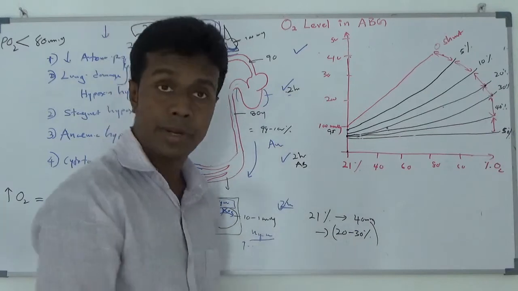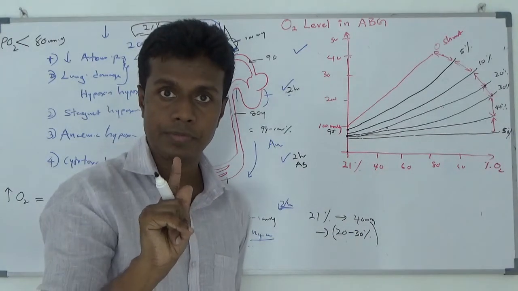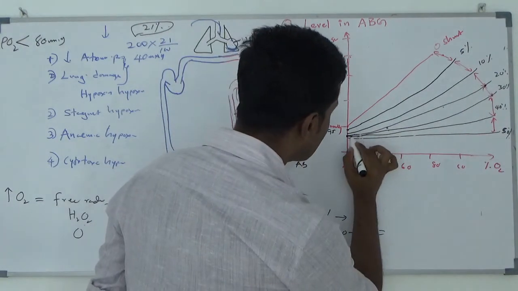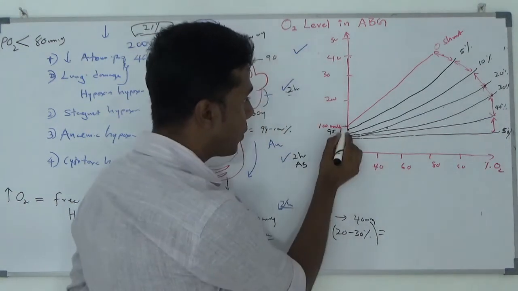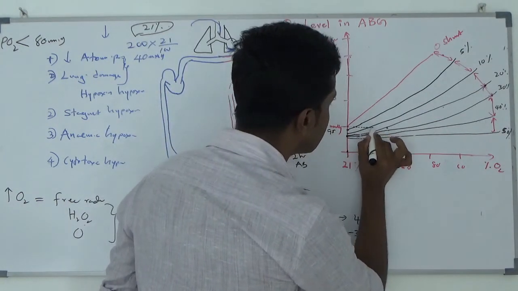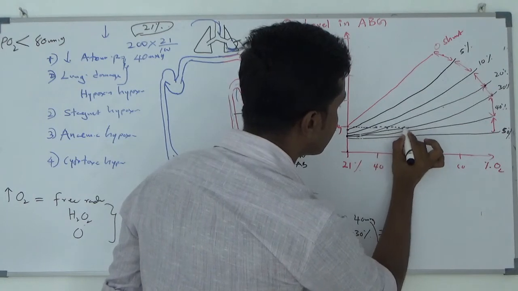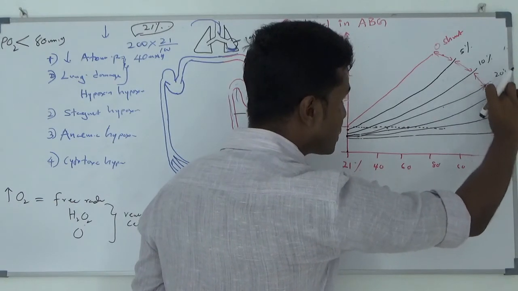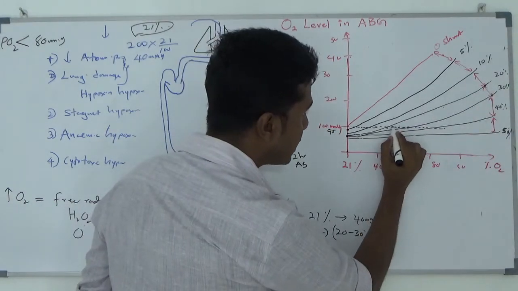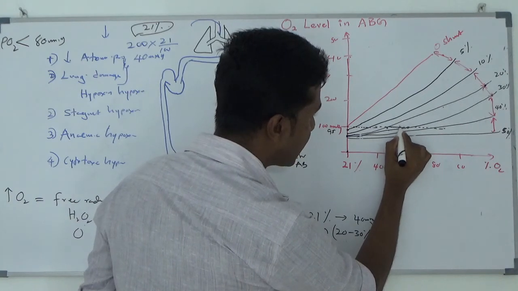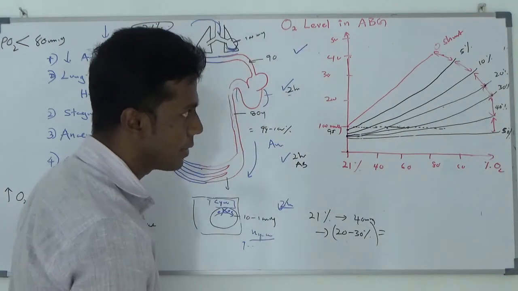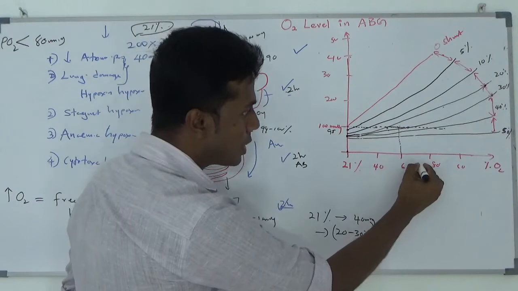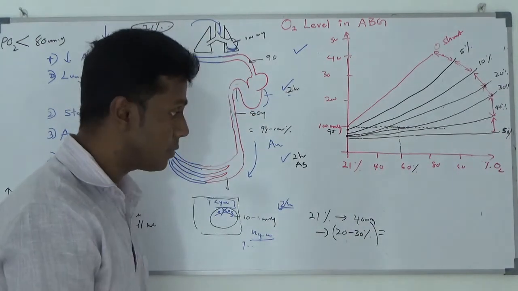I want to have 100 millimeter mercury partial pressure in the blood. Then what I am going to do is identify the 100 point and elongate it from here to here. It crosses the line where the 20 to 30% shunt appears. Here it crossed the 20 to 30% shunt area. I take the midpoint here, then I go downward from here to here. I found a fraction of 60%.